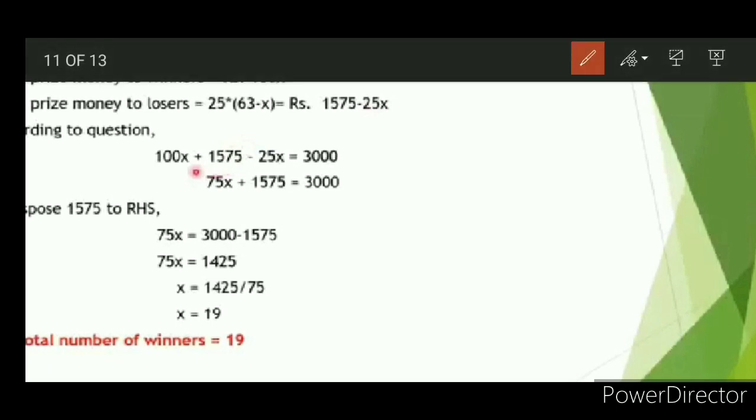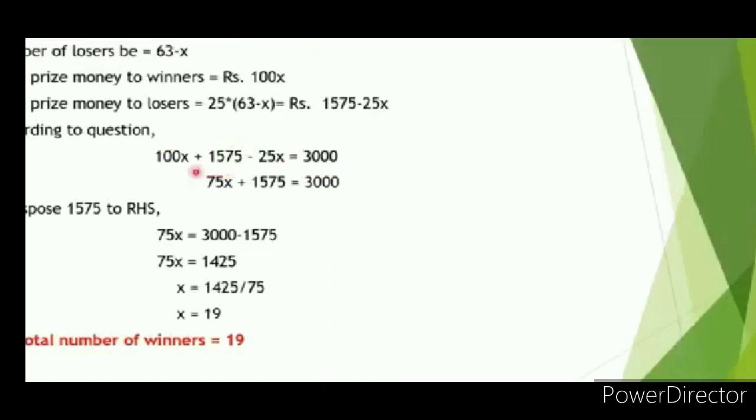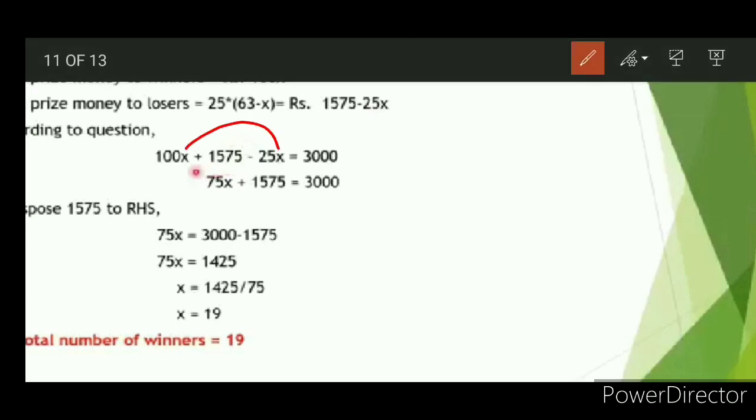Right, children? According to the question, this 3000 is what? The sum of winners and losers. It is winners and it is losers, they are summed with plus. Got it? Now we'll add the x terms. Here we have opposite signs, so you can't add, we should subtract. 100x minus 25x gives 75x. Then this number we transpose to this side, and it gets subtracted from 3000 and gives 1425. Next, on the left-hand side we have another number, 75, which is in multiplication. When you bring it to this side, it becomes division, meaning it goes to the denominator. If you do the calculation, you will get 19.